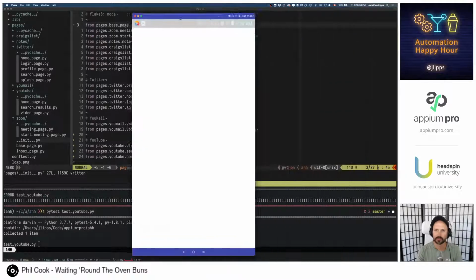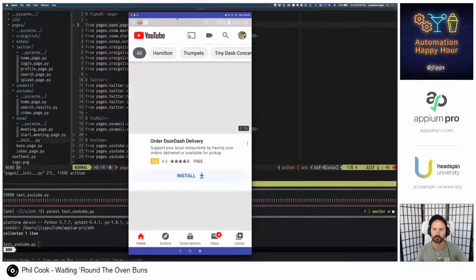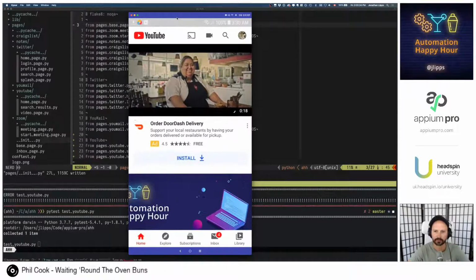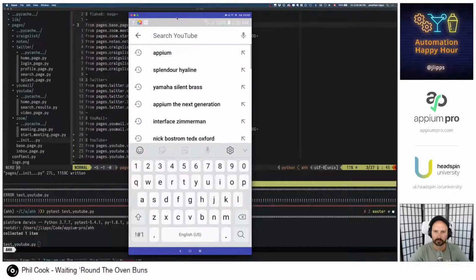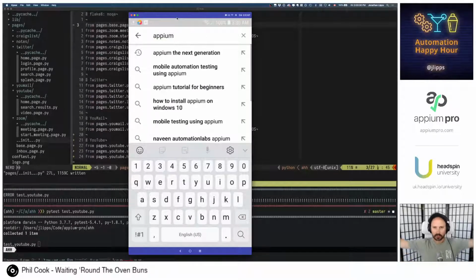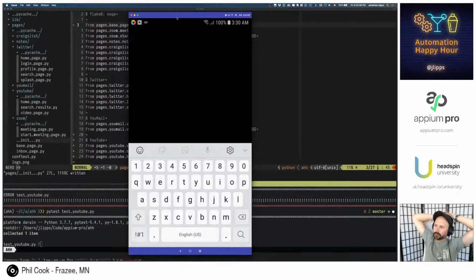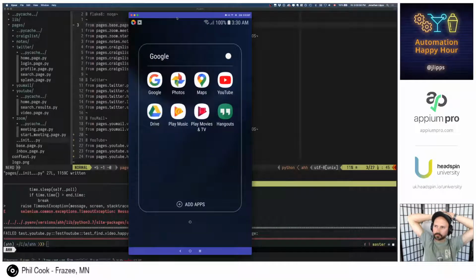Put this in the middle for your viewing pleasure. Search Appium. That \n didn't work. Okay. Why did the \n not work?